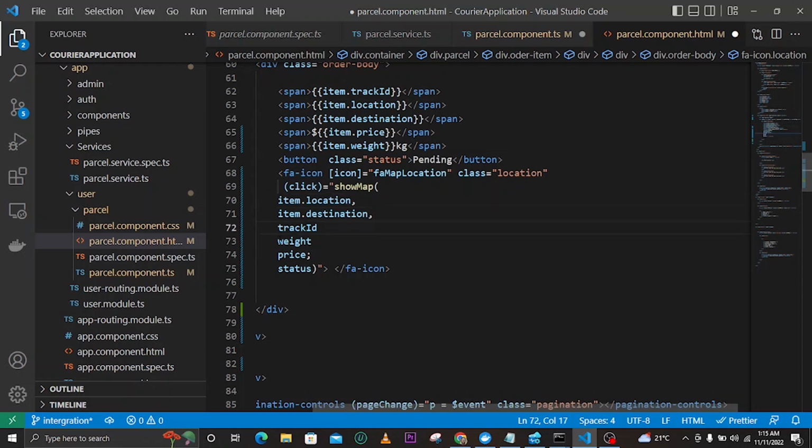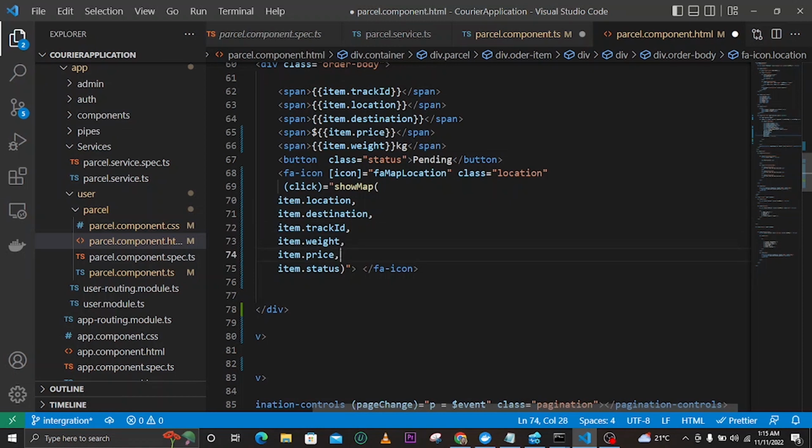So this is now item.trackID, and here it should be item.weight, and here we need this item.price, and after that you can say item.status, and here we can add these commas,